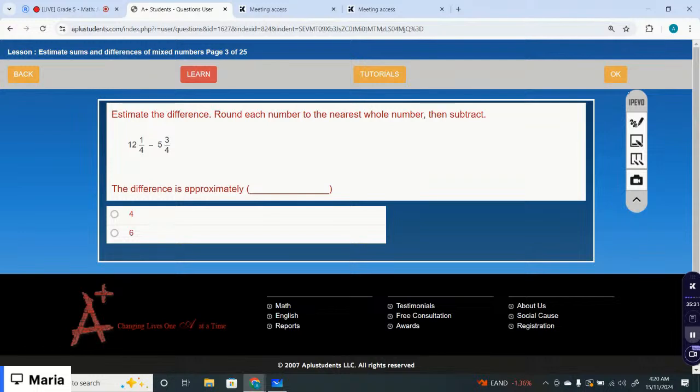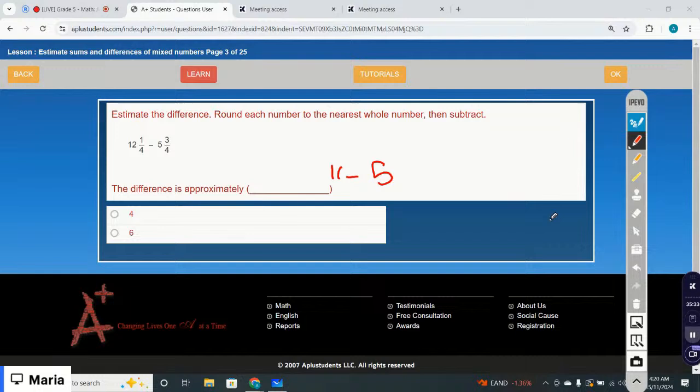So 12 whole 1 by 4 is rounded off to 12, because 1 by 4 is less than half, that's why it is rounded off to 12. And then you have 5 whole 3 by 4. 3 by 4 is more than half, so it would be rounded off to 6. So 12 take away 6 is